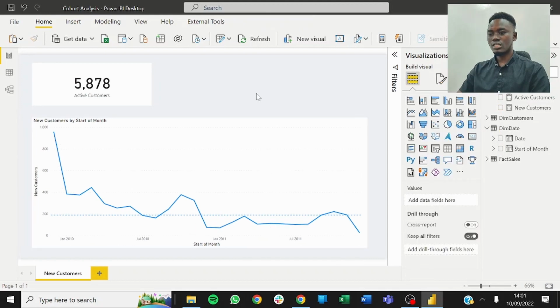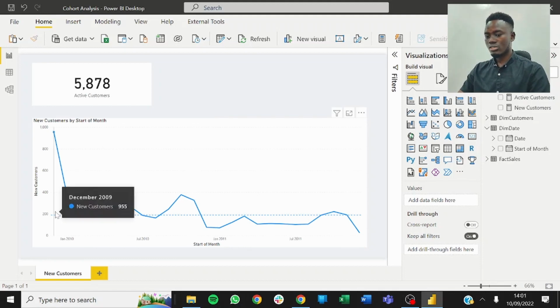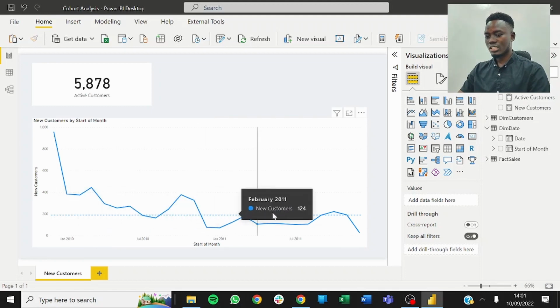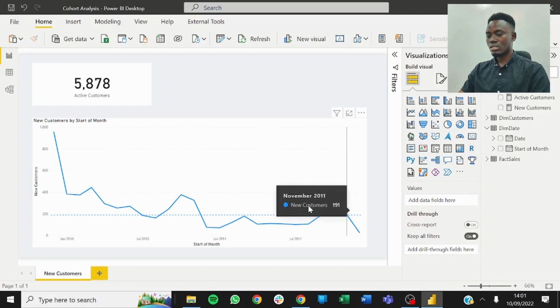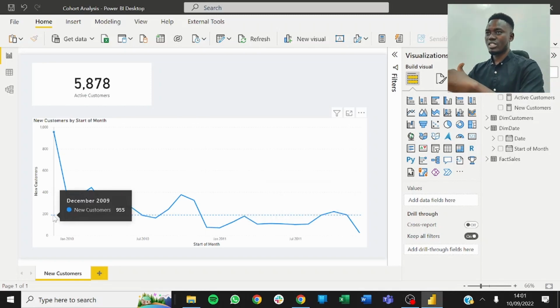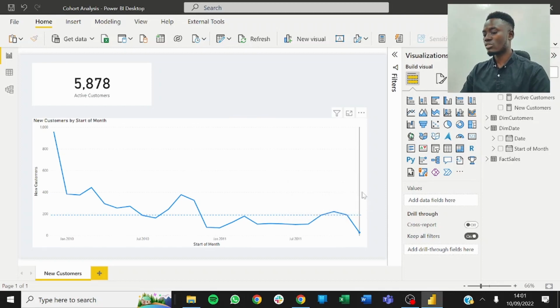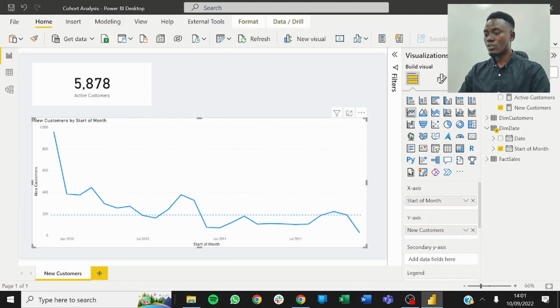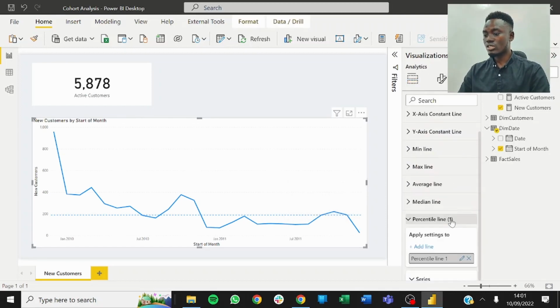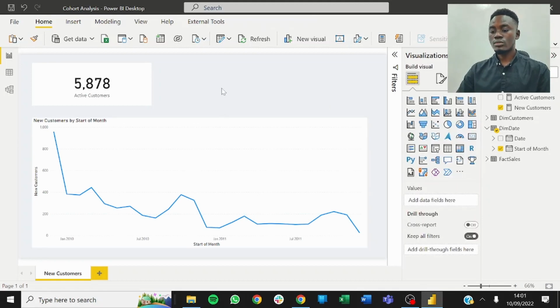Yep, this is our new customers, and you get to see 200. But this line shows you the average, the middle, where you have your new customers coming. So you know where it's more than the middle or greater than the middle. If you don't need the line, you can always just take it out. Okay, so up next,